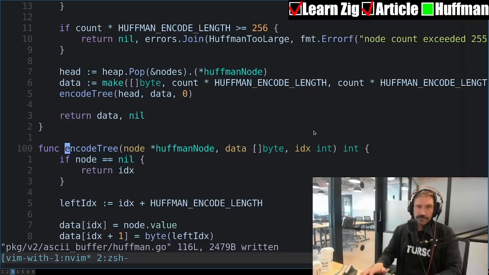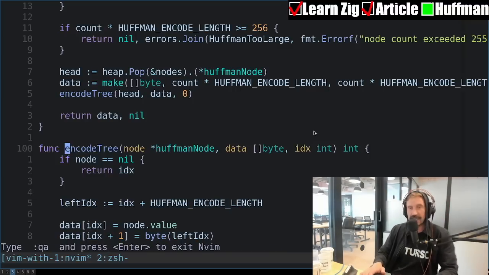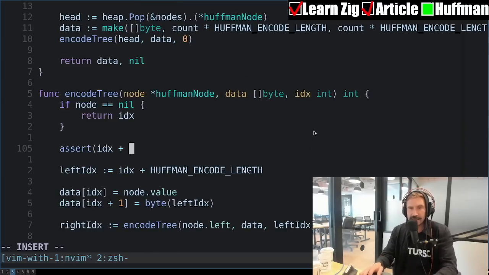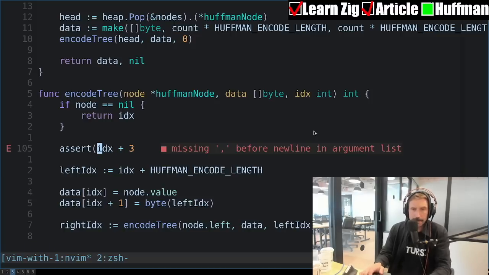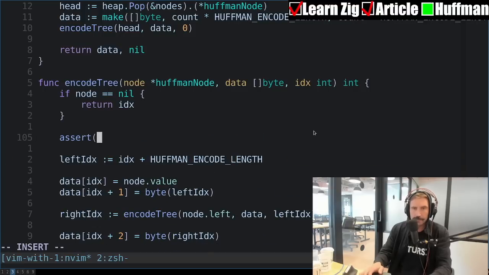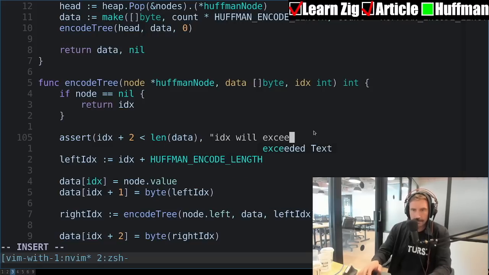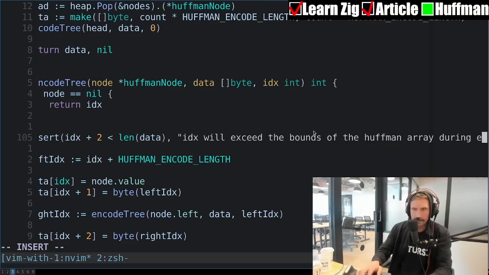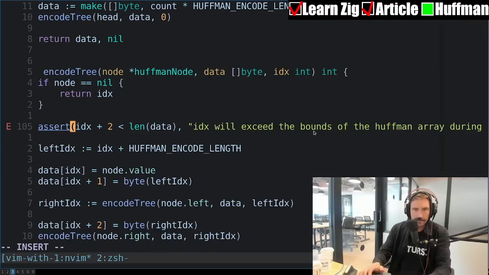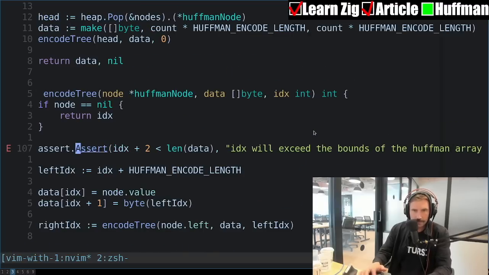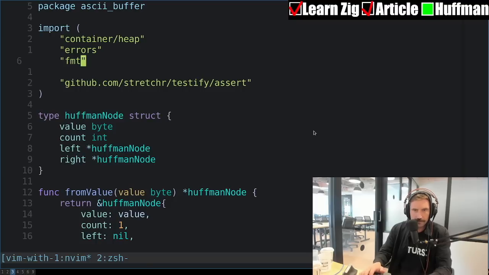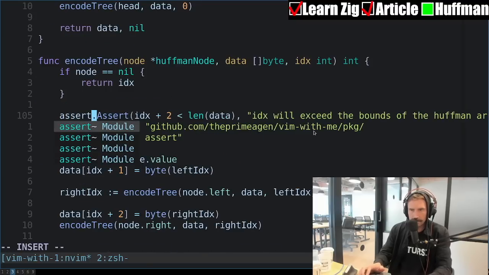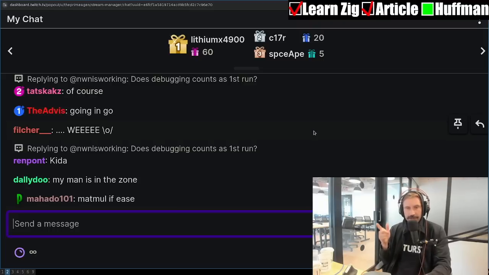One or the other, right? Assert that index plus 3.